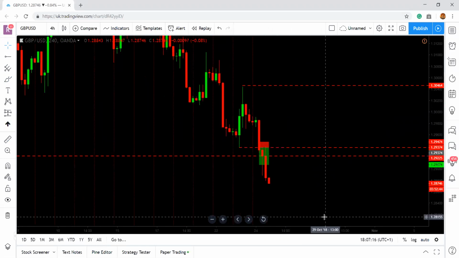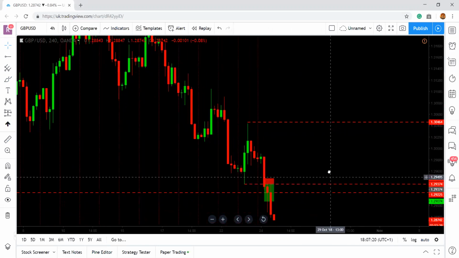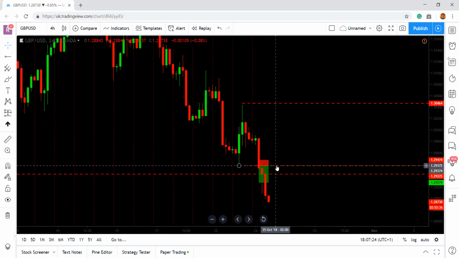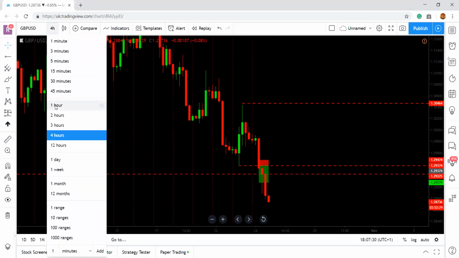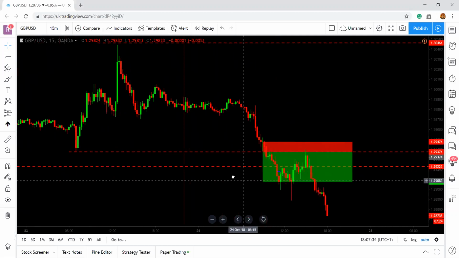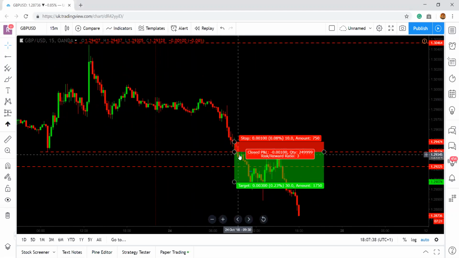Looking at the 4-hour chart, we can see that the overall trend of the market obviously is still bearish, making new lows. Very important to see where my entry was. Structure had not made a new low as of yet. What was my anticipation? That price will continue to make a lower low. So when I dropped down to the 15-minute time frame, I was monitoring this very closely. I said to myself, at around this level, I'm going to be looking to,